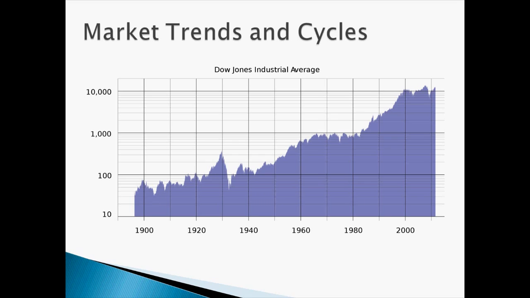Now that you understand a little bit about the market indexes, let's look at a chart of the Dow Jones Industrial Average on a scale of well over 100 years. Looking to the far left of the chart, you'll notice the numbers 10, 100, 1,000, and 10,000. This is the point scale that's used to measure the Dow Jones Industrial Average. Looking across the bottom, you'll notice the years 1900, 1920, 1940, 1960, 1980 all the way up to 2000 and